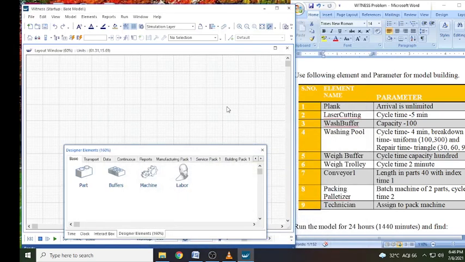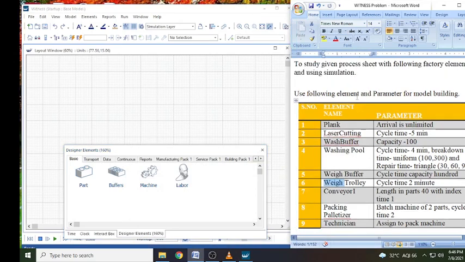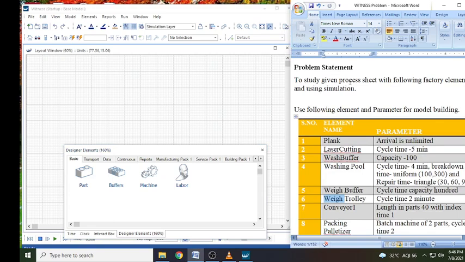In this video, we will prepare our layout for this problem statement. Here is the problem statement: a process sheet is given with the following factory elements, and we have parameters for them.